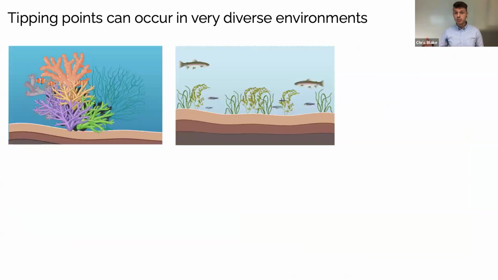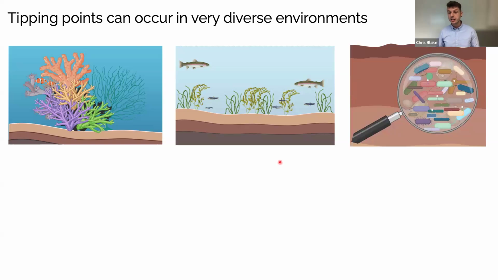So the phenomenon I'm talking about here are tipping points. And I guess most of you have heard of the term, especially when we think of climate change. A lot of our ecosystems, such as coral reefs or freshwater lakes, are at risk of a collapse because they are predicted to approach one of these tipping points. But tipping points are actually much more common, and we also can find them on a small and localized scale, such as in our gut microbiome or in a soil microbial community.